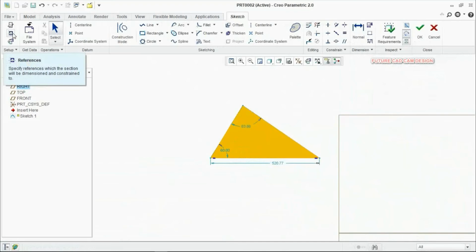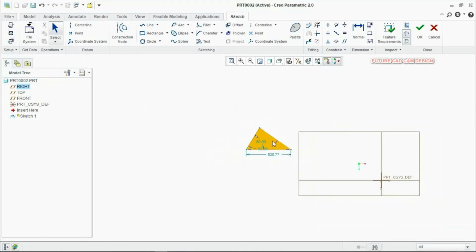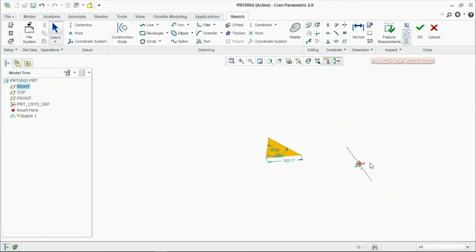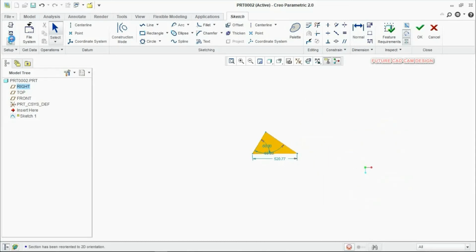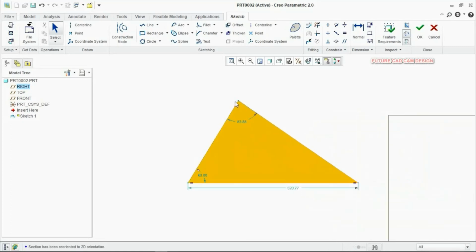And second thing is reference. This reference option will be used only when you are creating a 3D component. For example, I have converted this into a 3D component. Then if we need a reference line for this 3D component, at that time we can use this option. And also you can see the sketch view. So our view is now tilted. If you need to fix your sketch view on your screen, just click this option. Your screen will be fixed to sketch view.